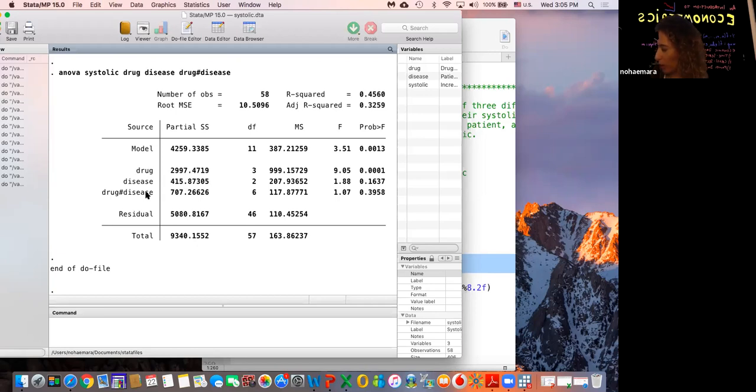Okay, so that's basically the main conclusions that you would get out of a two-way analysis of variance. Okay, all right, so I'm gonna stop here and I'm gonna ask you to do practice number 9. Practice number 9 is related to the material